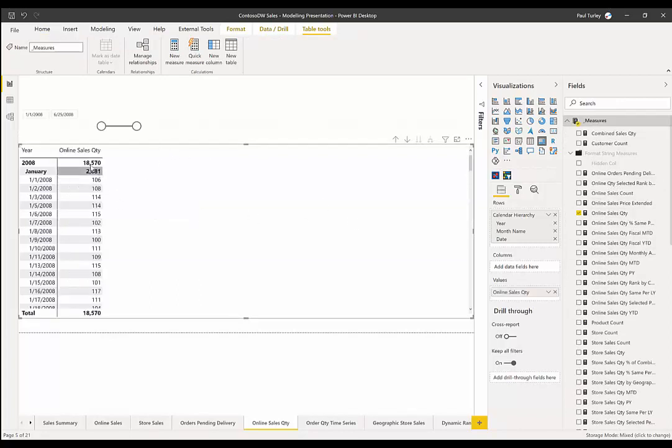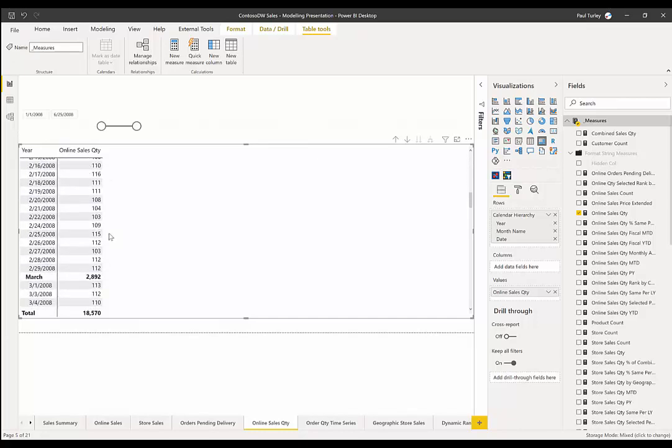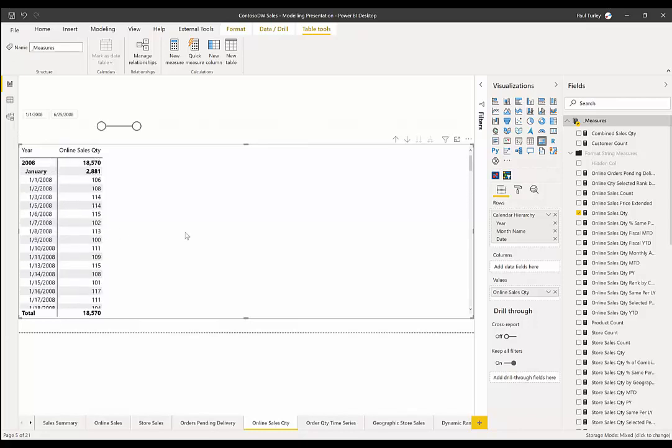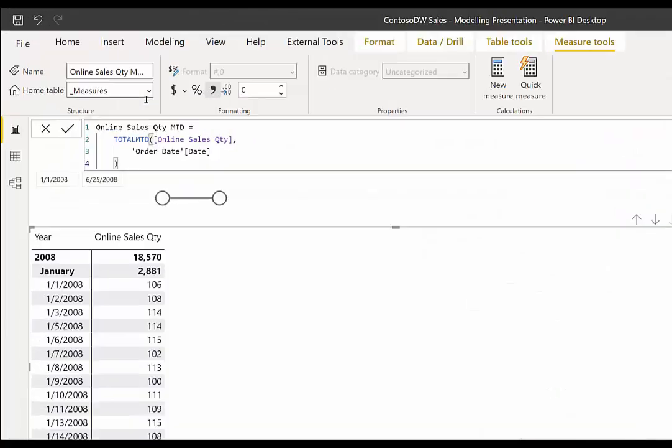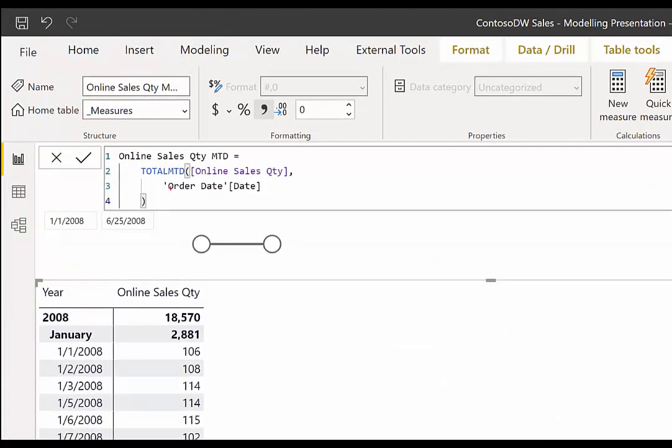And as you would expect, you see the aggregate values for the online sales quantity for each of the dates. There you see it by month, here you see it by year, etc. Pretty simple stuff. Now, I've created variations of this same measure called online sales quantity month to date, MTD, which we see right there. And I'm just using time intelligence functions like the total MTD against my online sales quantity measure, and then I reference the date table, which is a requirement for the total MTD function.